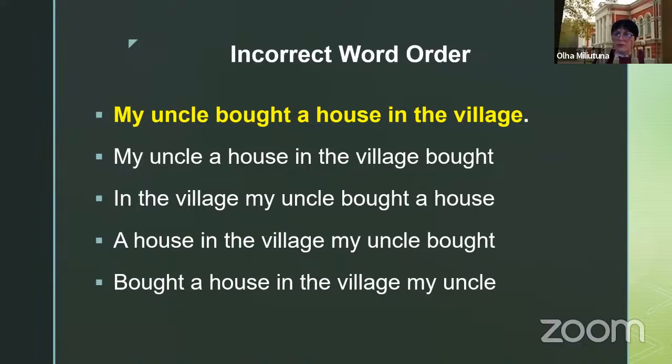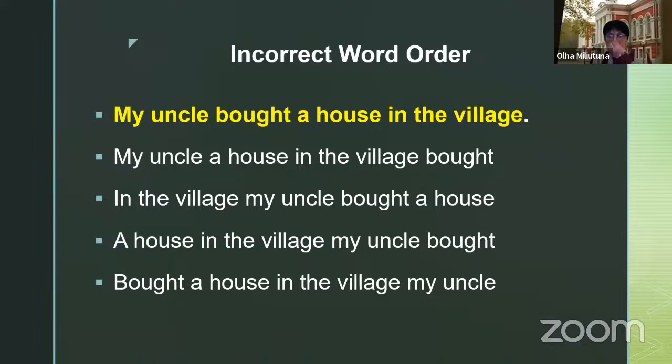In analytical languages, syntax and meaning are mostly formed by the word order, by order of words, and with the help of auxiliary verbs. In contrast, a synthetic language forms its sentences using inflections. That's why the word order in synthetic languages is free. And it is difficult for Ukrainians, who are used to the free word order in a sentence, to adapt to the constant